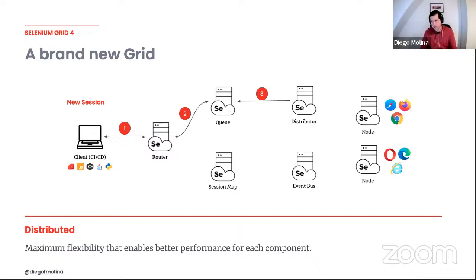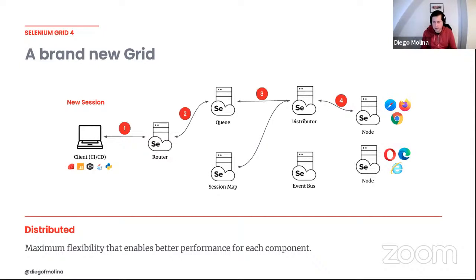Then the request will be processed by the distributor, and it will start checking along all the nodes. It will start checking, okay, which node has Safari? Where can I serve this session? It will find the node, and after that, it will say, hey, session map, there is a new session with this ID, and this session is running in this node. So the relationship between the session ID and the node ID is stored in the map,